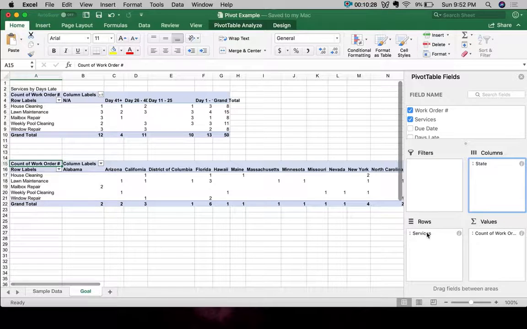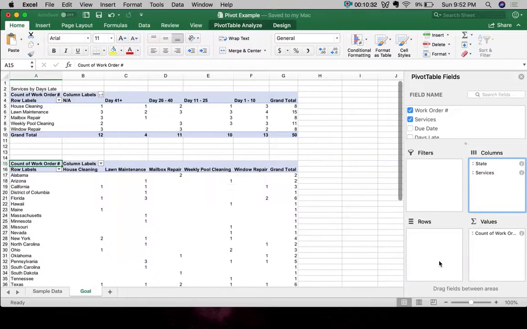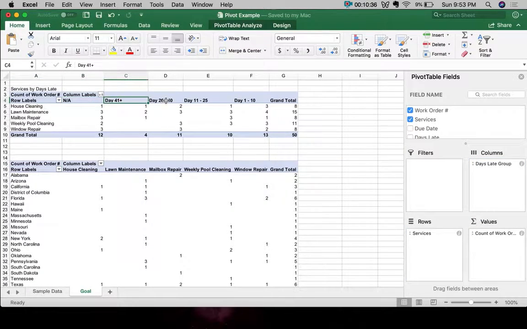So this is why, even though the services actually take up much more space when we're comparing the actual days late, it takes up less space in the columns when you're comparing it to the states that all of these services are in. So this is always going to vary based on what data you're putting on a pivot table,